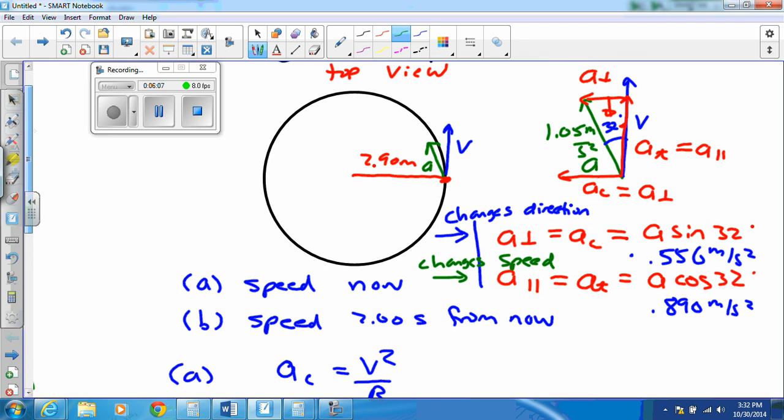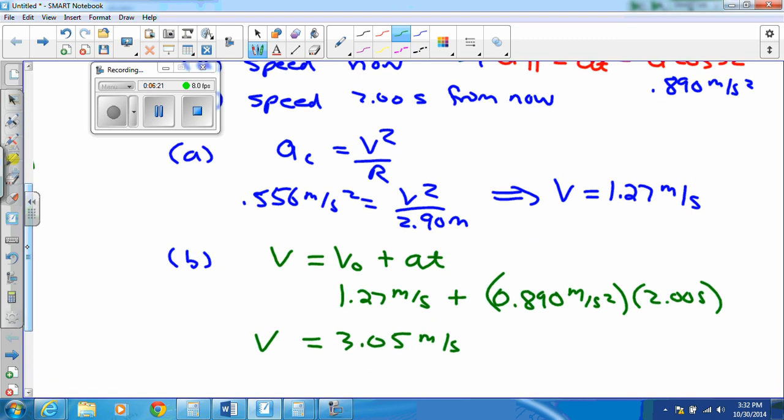So to sum it all up, we began by doing some preparatory work. We took the acceleration and split it up into 2 components, the tangential component and the centripetal component, and we found those using simple trig. Then we let each of those components do its particular function. The centripetal component moves the object in a circle and therefore must be equal to v squared over r, and the tangential component changes